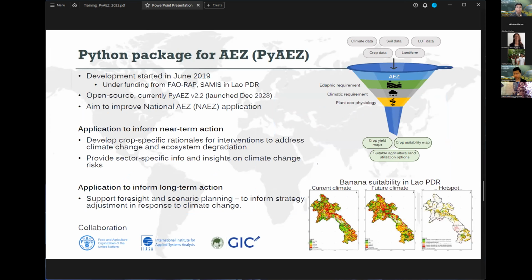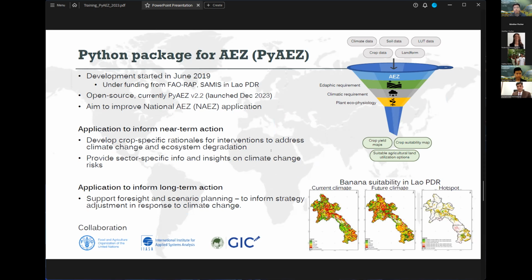Just briefly about PyAEZ, this Python package for the AEZ framework. The development started back in June 2019 under funding from FAO RAP under the SAMIS project for Lao PDR. It's an open source package, currently in its version 2.2, which we just launched over the weekend.